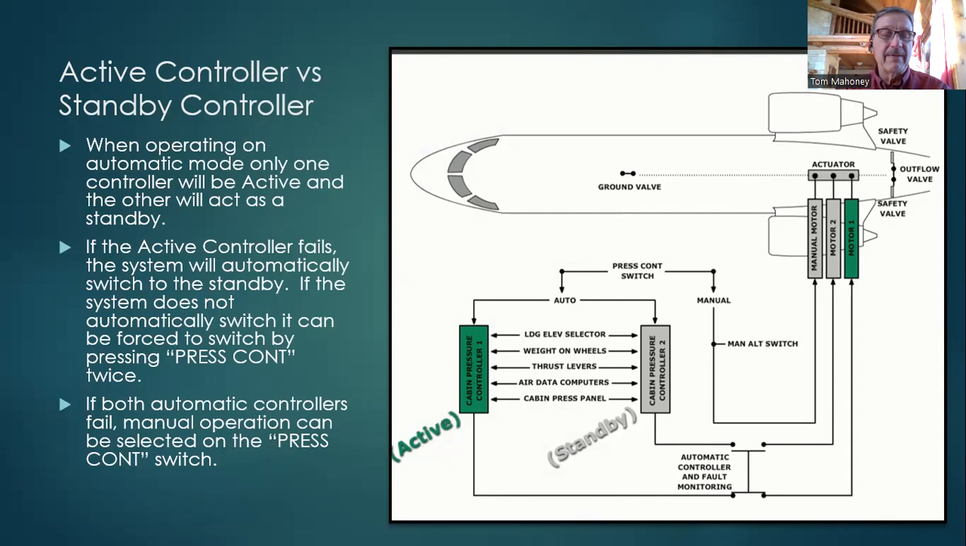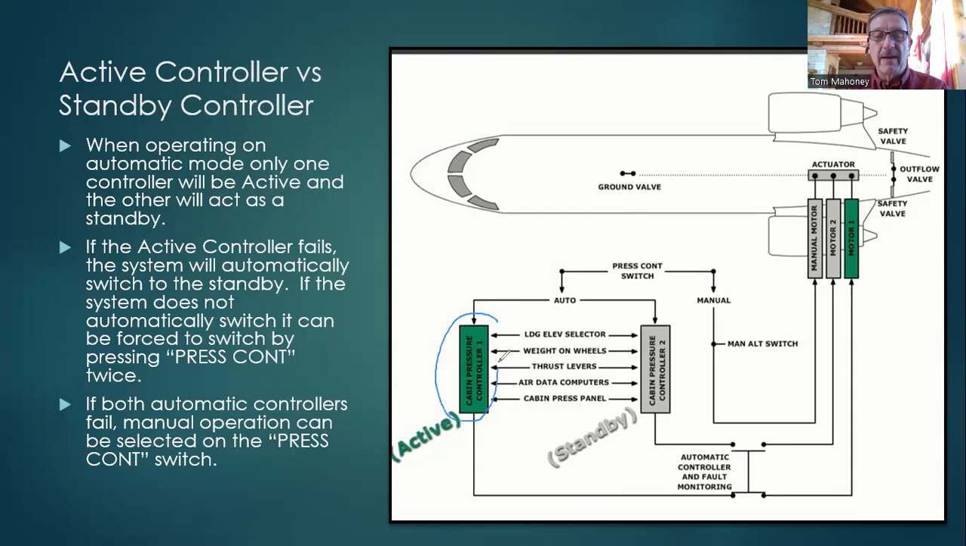If the system does not automatically switch, it can be forced to switch by pressing the pressure control switch twice. And we already looked at that on the pressure control panel on the upper overhead panel, upper right-hand corner. If both automatic controllers happen to fail, then we can select the pressure controller switch one more time, and it will take us to the manual mode. So in this scenario,